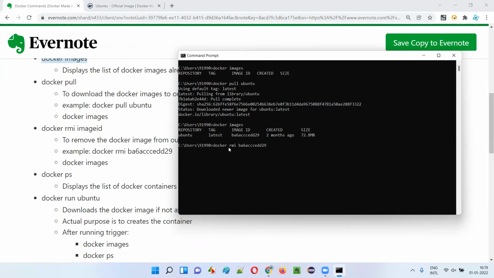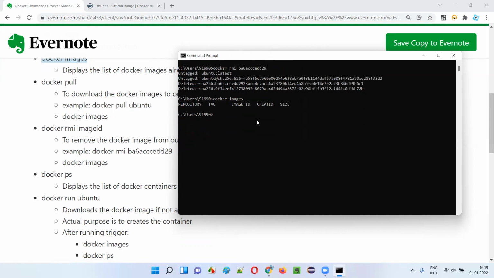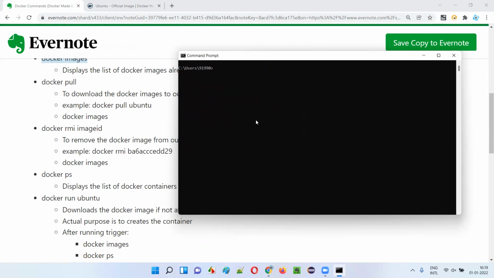You are simply running this command known as rmi, remove image. rmi stands for remove image. So using the Docker command, you are removing the image, the one downloaded image that is there in your machine. Just press enter. The Docker image will be removed from your machine. Now, if you say docker images, you see again there are no Docker images available. Let me press cls. If I say docker images, there are none now because we have removed the Docker image we downloaded using this rmi command.